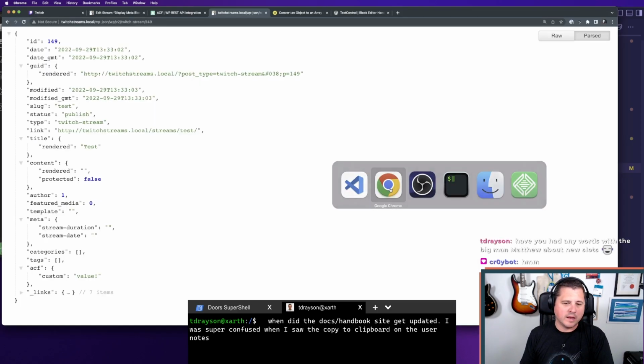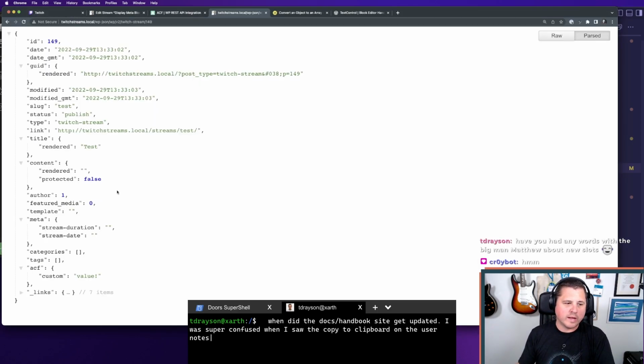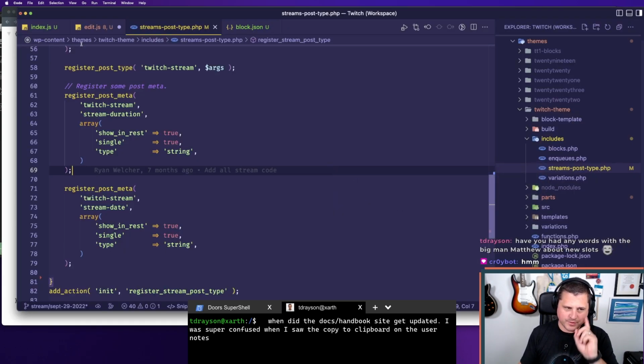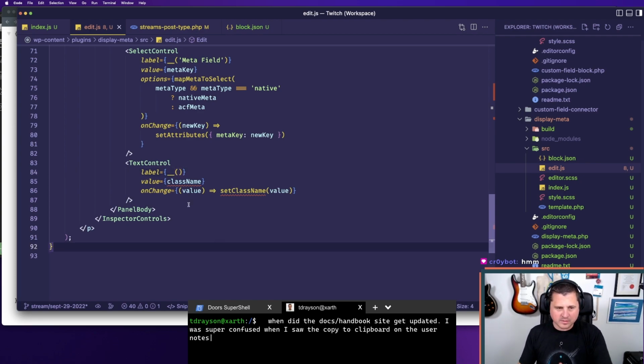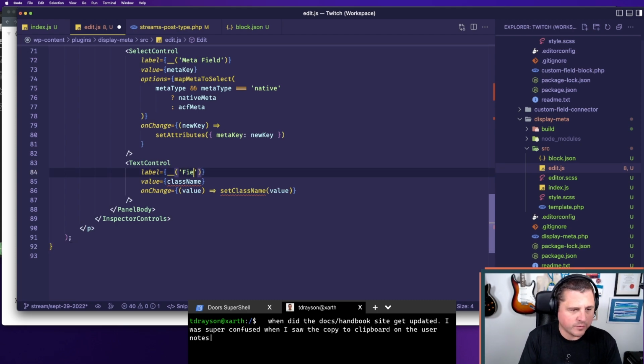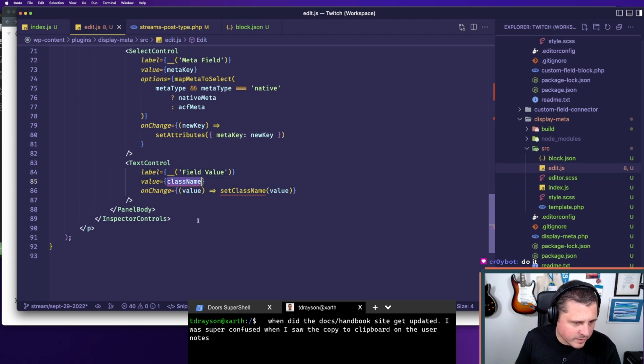But anyhow, so ACF is the same thing. I just want to see if this will work. I'm going to play with this and see if it works. And if it works, awesome. If it doesn't work, then I don't know. We'll see. So this is going to be, what's this, field value, right? We'll call it that. And then the value is going to be,